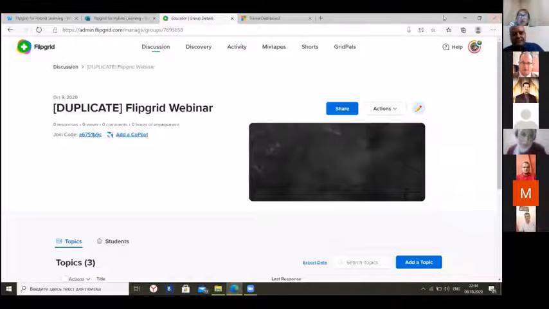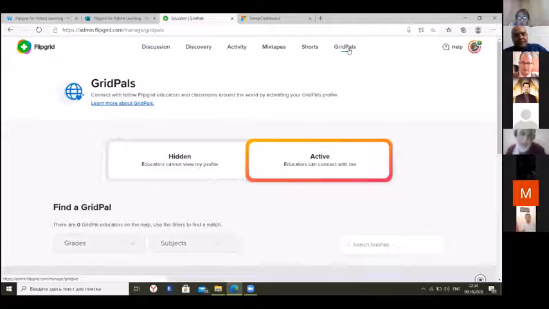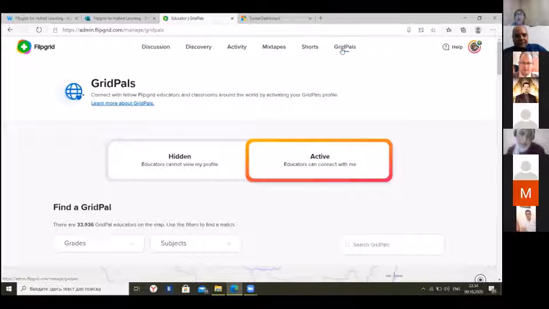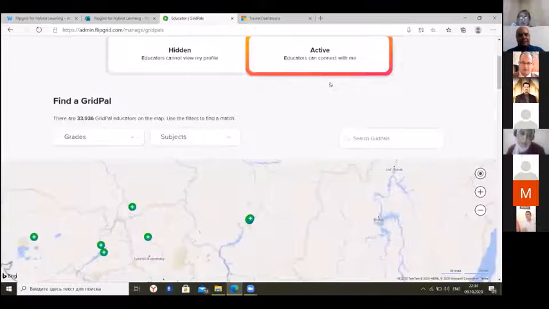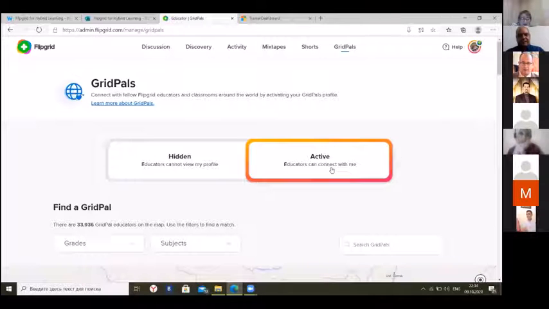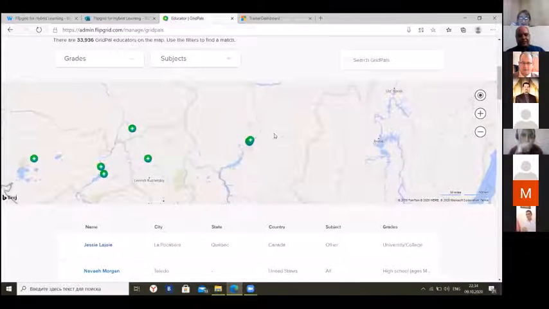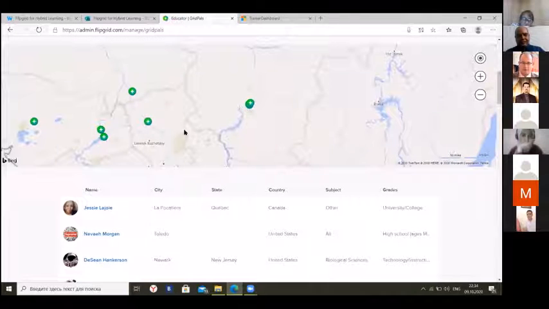Yes. Now we know what discussion is. We know what shorts are. We know about mixtapes, discovery. Now we have activity and grid pals. Now let's come to grid pals. In November 10 and 11, we will have Skype-a-phone. I will use grid pals activities for collaboration. You can have your profile hidden, but I have my profile active on grid pals. When you come here, you have to make your profile active, and then you can see these signs for educators on the map. You see in Russia there are not many